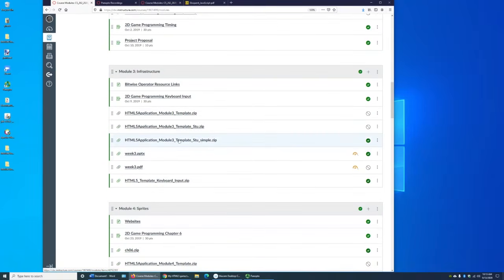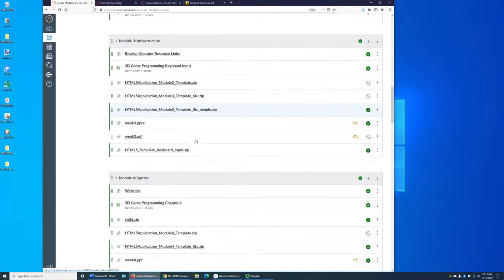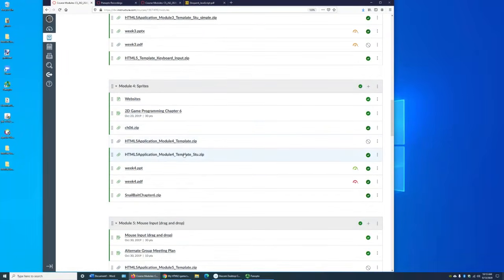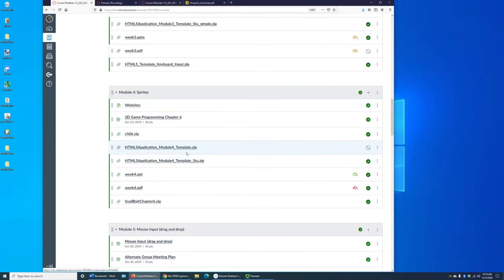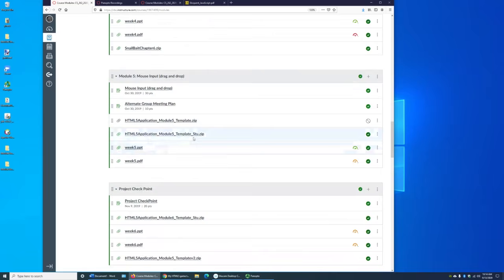So I've got student templates, and then I also put in the actual solution to the template that they should have when they get done with the video and the instruction of the objectives. A lot of time went into these templates and PowerPoints.